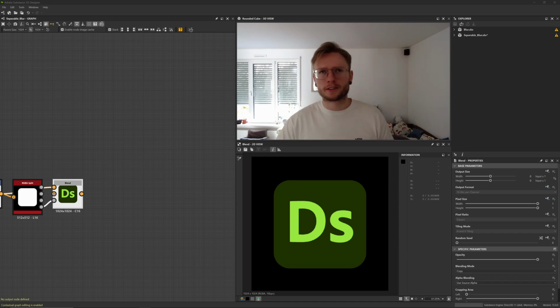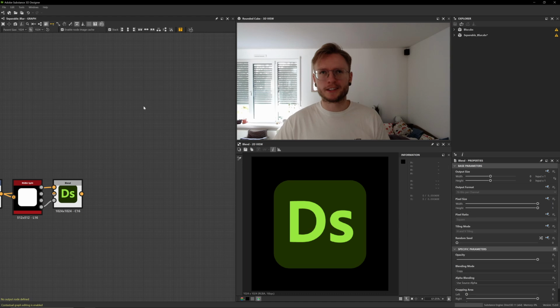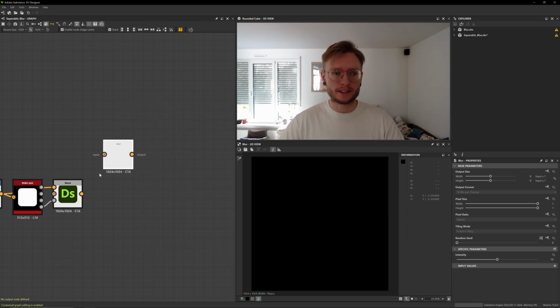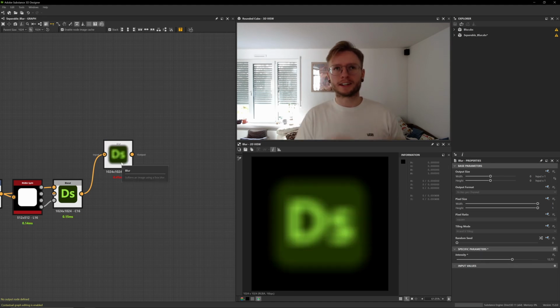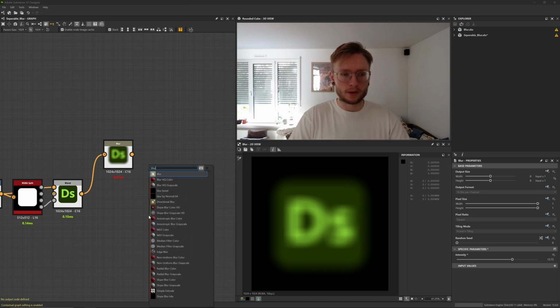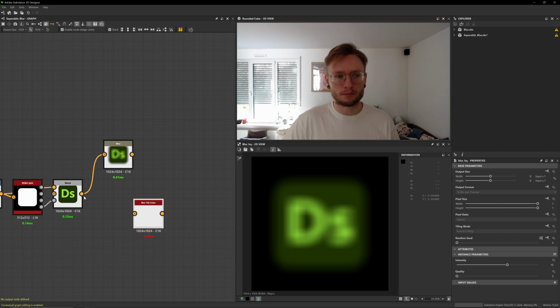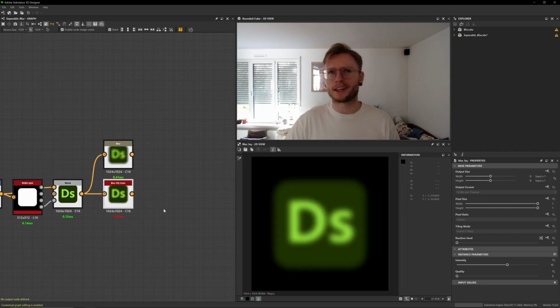So first things first, this blur that we're going to build here is not going to be any more performant than the natural blurs that you have inside Substance Designer. The reason for that is, if you let me quickly display the timings here, that these native nodes are built in code already. These are offline textures. There's nothing that we need to image process here. It's actually code based, somewhere native inside the depths of Substance Designer. So if we actually want a more performant blur version, this is most likely not going to